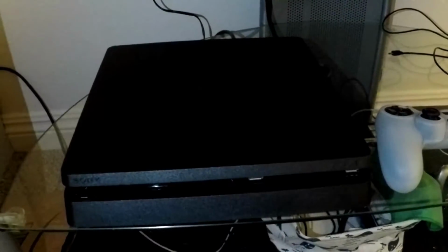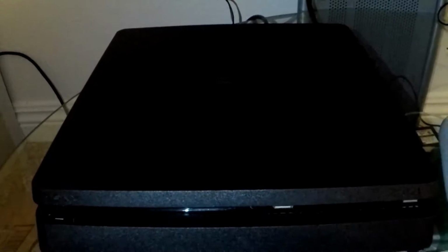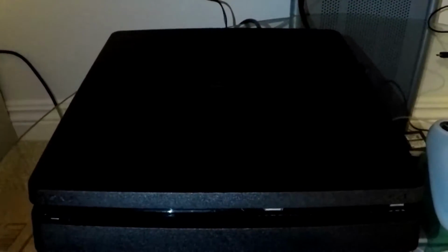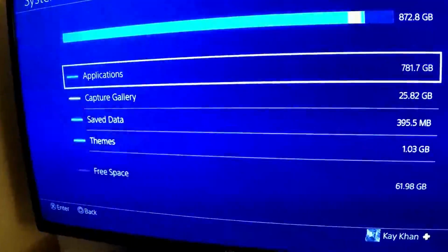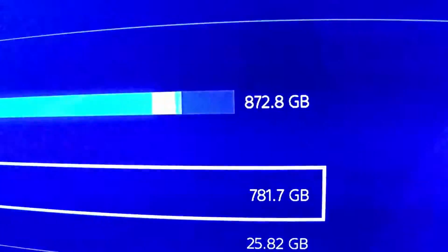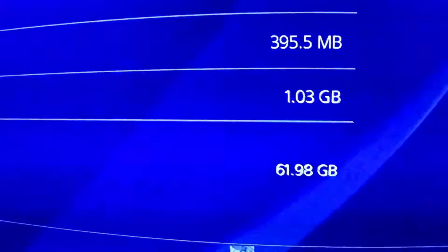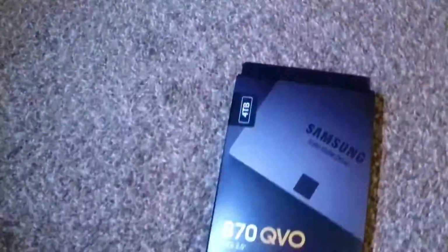Hey everyone, in this video I'm going to upgrade the hard drive storage on my PS4 Slim. Currently I have a 1 terabyte hard drive, which equates to about 800 gigabytes usable, and of that I have about 60 gigabytes of free space left. I'm going to want to expand that storage, and to do that I bought this 4 terabyte Samsung solid